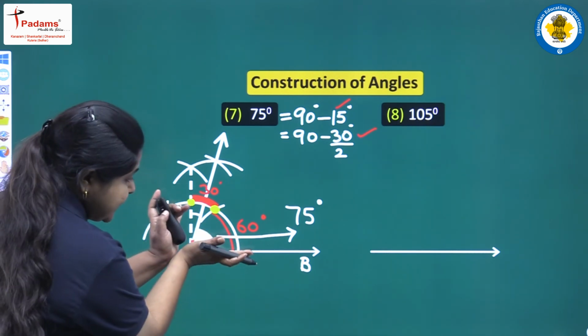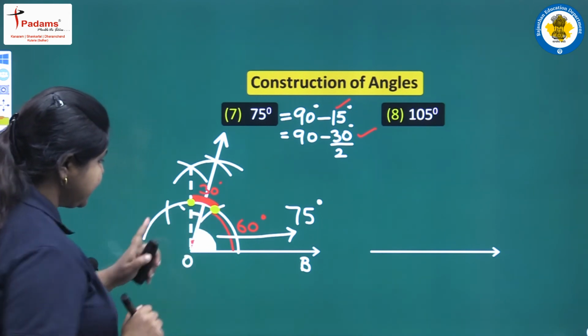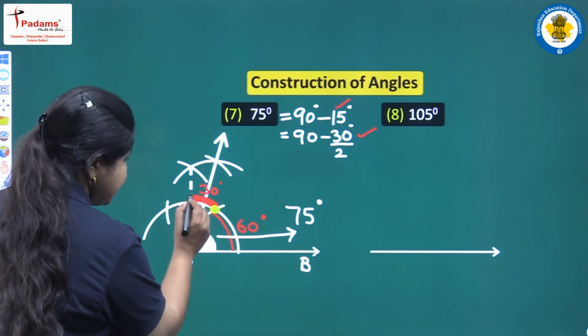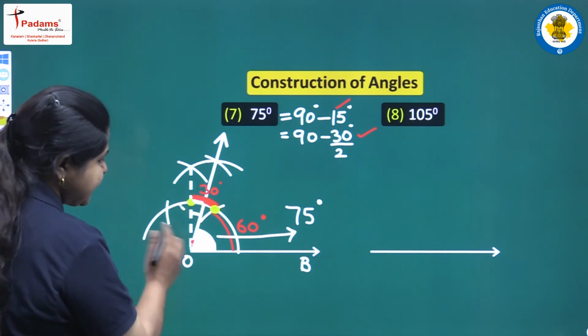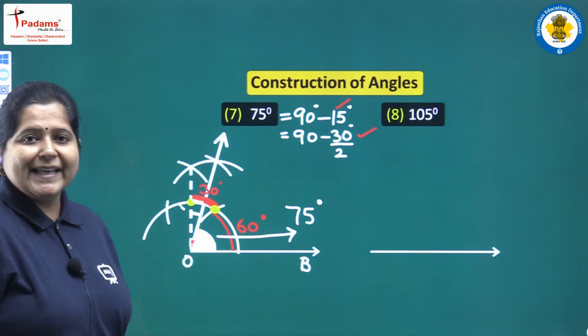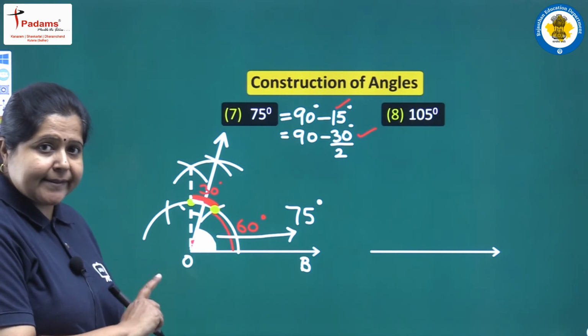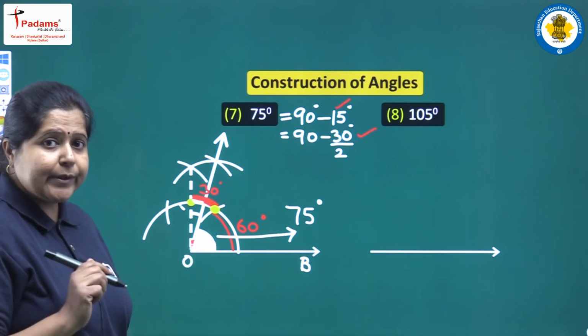You have seen this is the complete angle of 90 degree, and from here we are subtracting this 15 degree, half of this 30. You can see this was completely 30 and this is half of it, which we are subtracting, and we are now left with an angle of 75 degree in this way. Just practice it once more if you are not confident by doing it once.